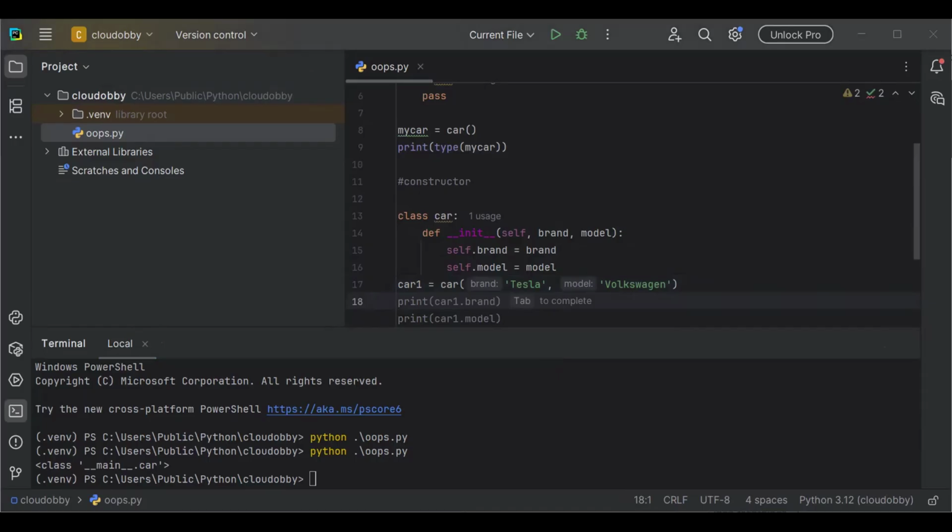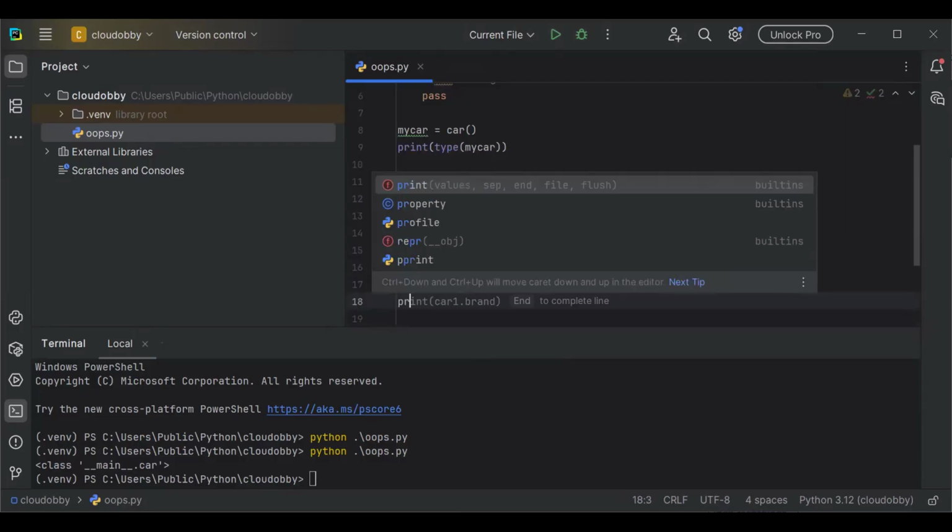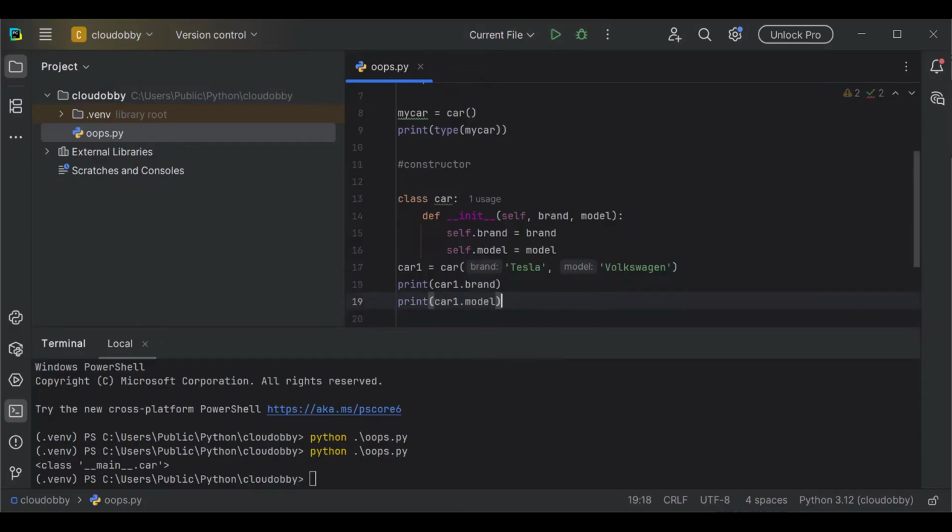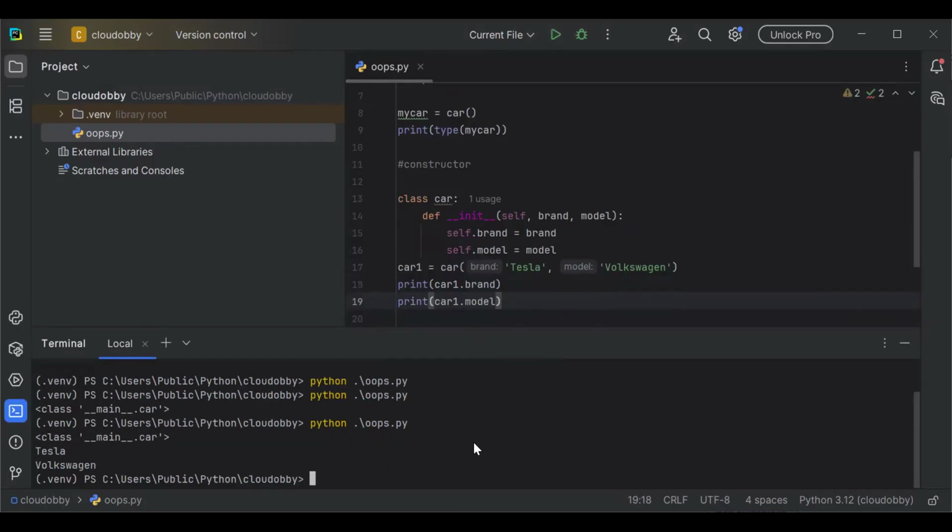Okay, so print car1.brand and car1.model. So we can say print car1.brand, print car1.model. If we see the code now, we are getting Tesla as the brand and Volkswagen as the model, where